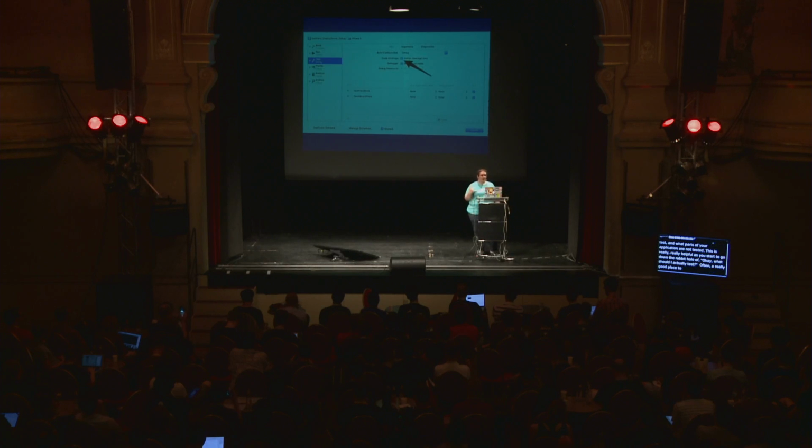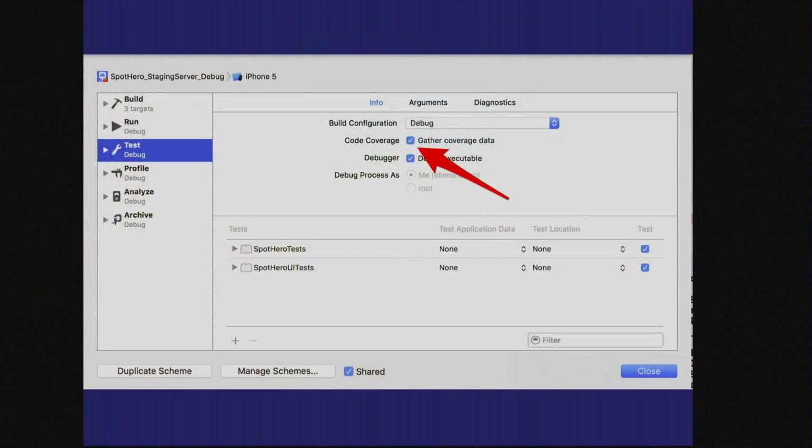So in Xcode 7, collecting code coverage is really simple. Going to your scheme and selecting tests, and then using that lovely little gather coverage data checkmark that I'm sure you can all see in this very large screenshot. This causes Xcode to collect data in a coverage format called LLVM-cov, and Xcode can actually read this directly. So after you've run your tests with that box checked, you can go to the report tab in the left sidebar. It's like the speech bubble,